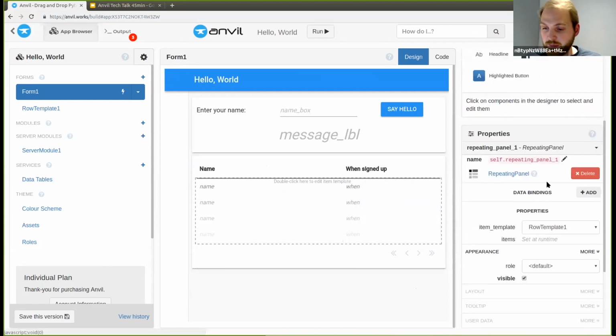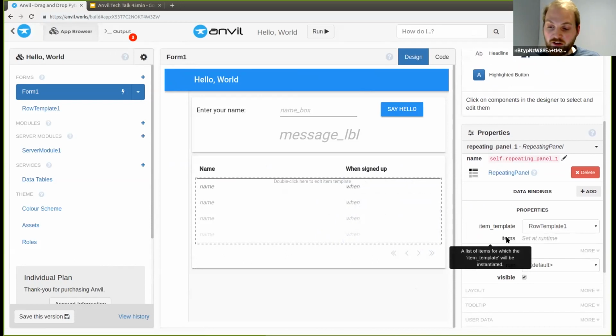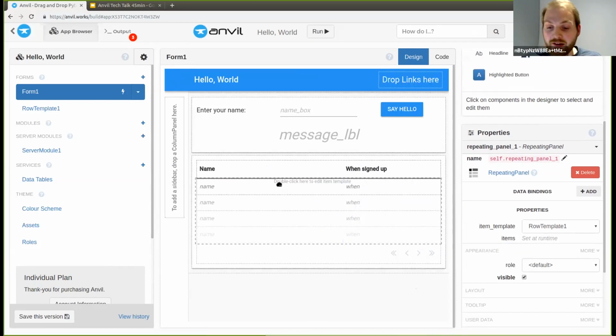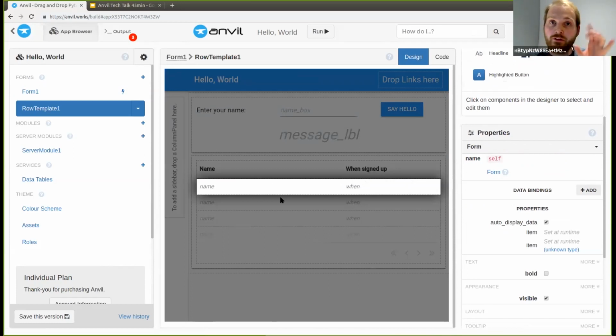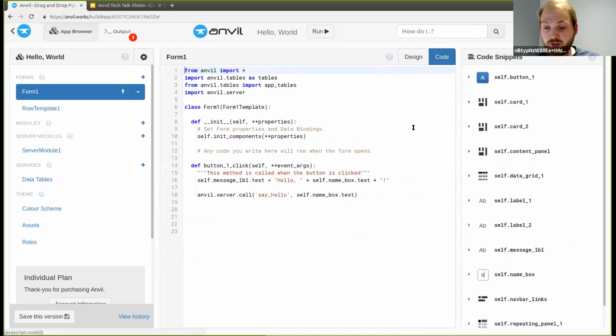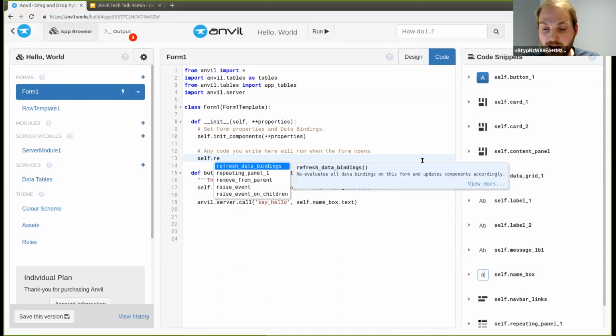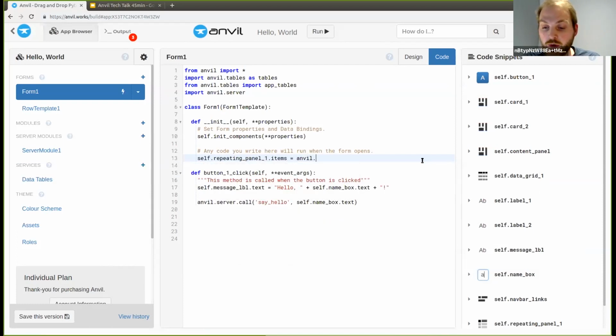In this data grid is something called a repeating panel. This is a component that has an items property, and you set this items property to anything that can be iterated over, anything iterable, and it takes this template and repeats it for every element in that list. So if we take the repeating panel and set its items to that iterable thing we just got, here, remember, we're in the __init__ function for the page, so this will run on startup. We can take the repeating panel and set its items to the return value of the getVisitors function.